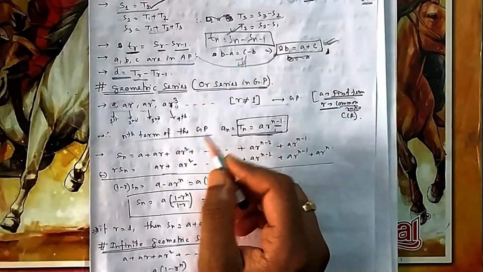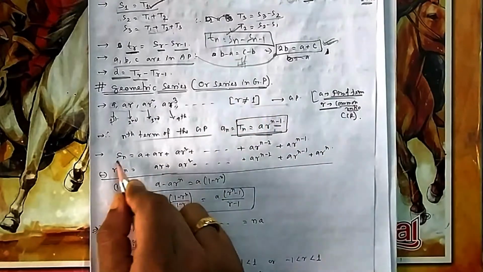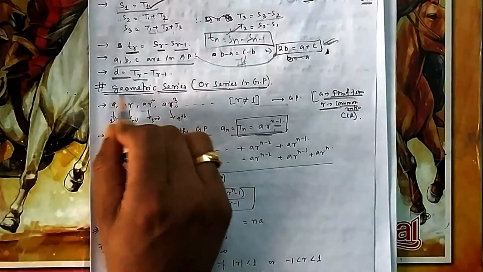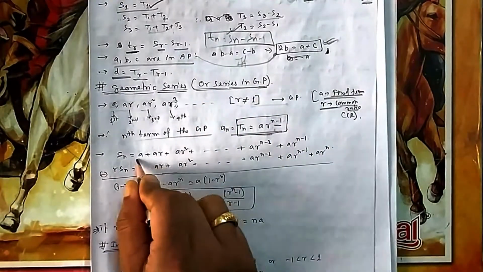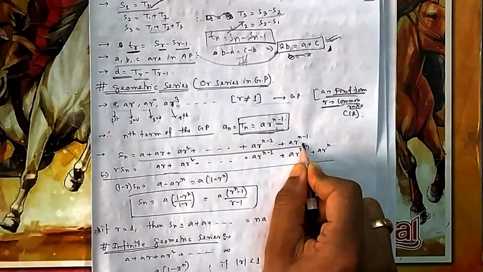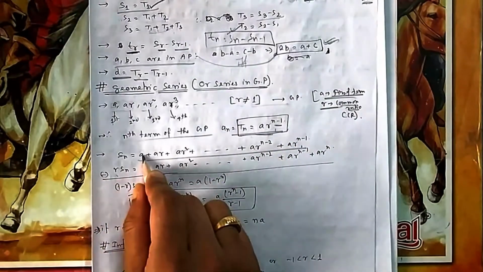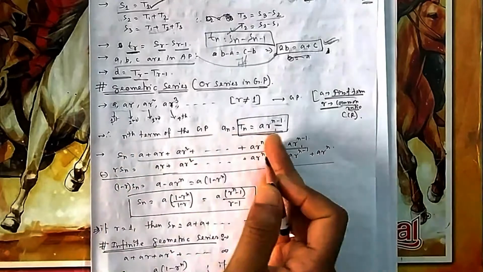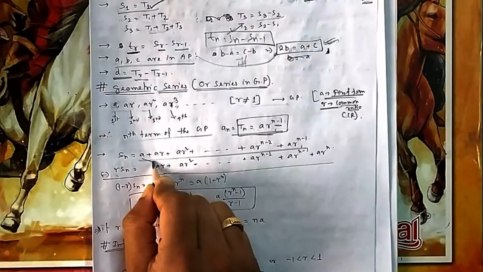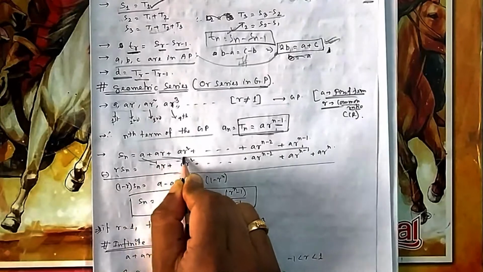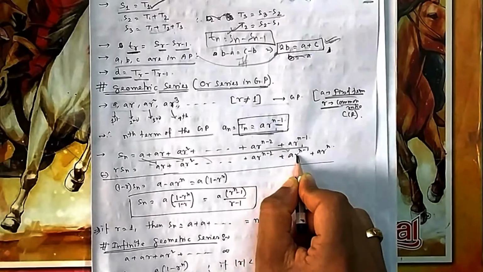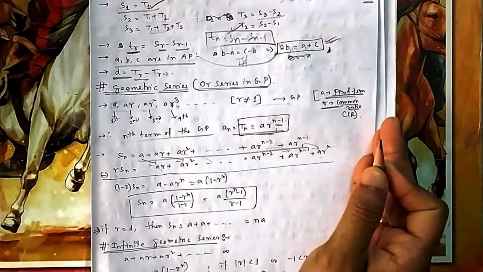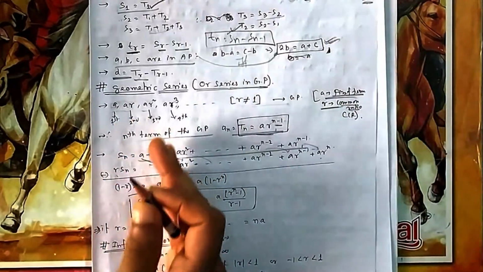Now if you want to add the GP series, the geometric series, the answer or summation of the GP sequence. So if you write Sn, this is the formula for Sn. The last term is this one. Suppose I stopped at the nth term, and then you multiply this by R. At the same time, I have shifted a little bit. I am not writing A below A, I am writing AR here. So A into R, AR. AR into R gets AR square. AR square into R, AR cube. So this into R will get AR to the n minus 1, and this into R will get AR to the n. So it will go a little bit to the right-hand side by 1 unit. I am shifting the position, then I am subtracting.